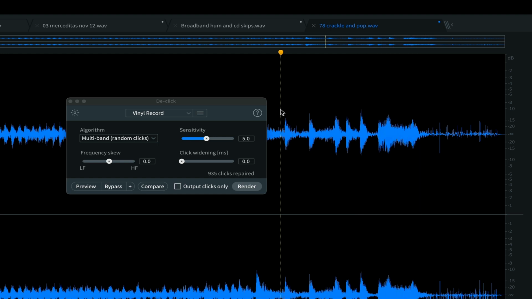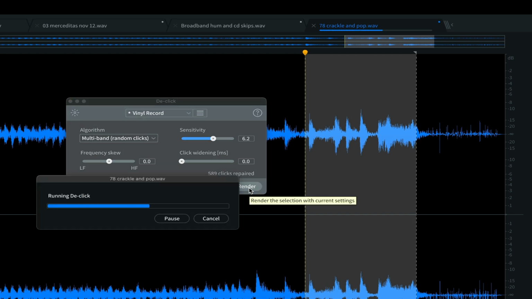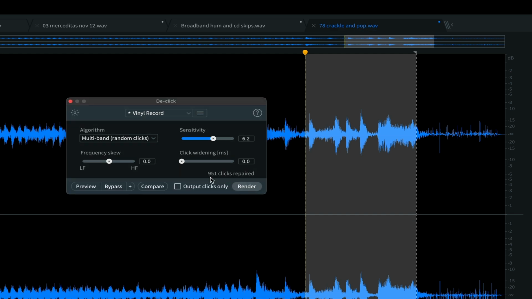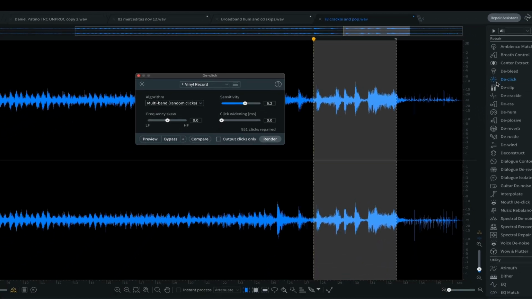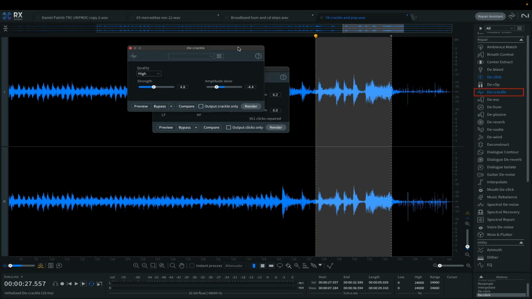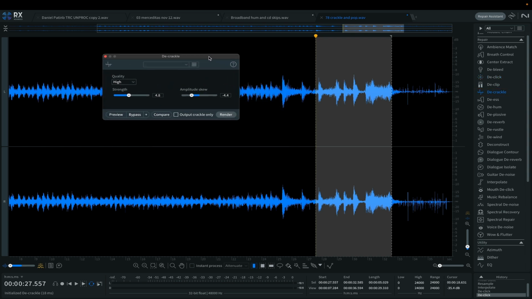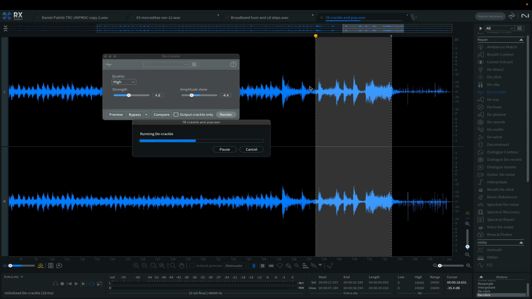Now, if you listen very carefully, you may notice that there's still a little bit of surface noise there. So sometimes it takes a second pass. And it grabbed about another 950 clicks. And then there's yet another tool that's designed to remove short-term transient noises that's called a de-crackler. But really, this is like a de-clicker, except it's looking for very low amplitude signal, kind of embedded, if you will, in the audio. So if I render with that,